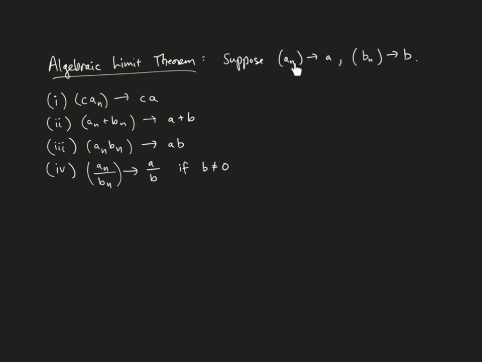So if we have two convergent sequences, if you take a convergent sequence and multiply it by some uniform constant, then that converges to that same constant times whatever the limit is. And we also have the limit of the sum of two sequences. So if we form a new sequence by just adding the nth terms, the limit of that sum is the sum of the limits.